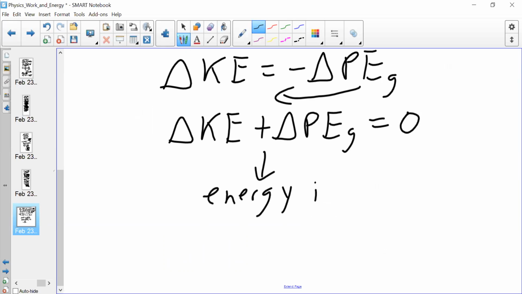The energy is constant between any two points, especially in a gravitational field. And that's what we're working with: the force due to gravity. So that's all this mathematical statement translates to, that the energy is constant. The energy is saved, doesn't change at all. And the stipulation for this